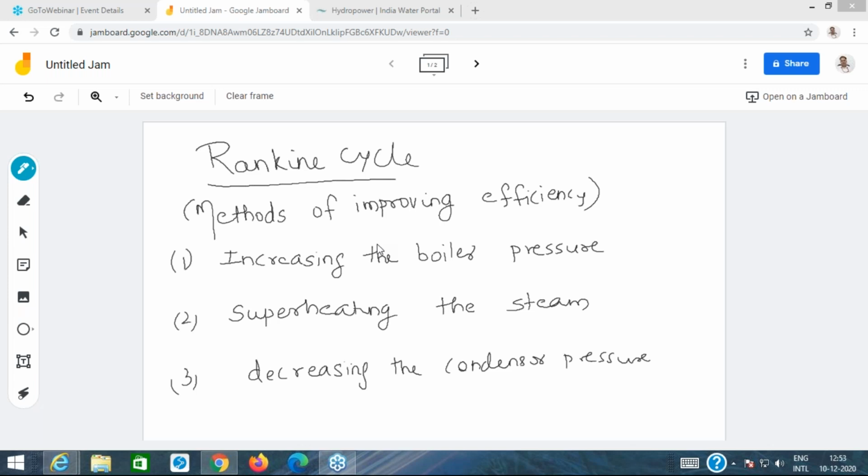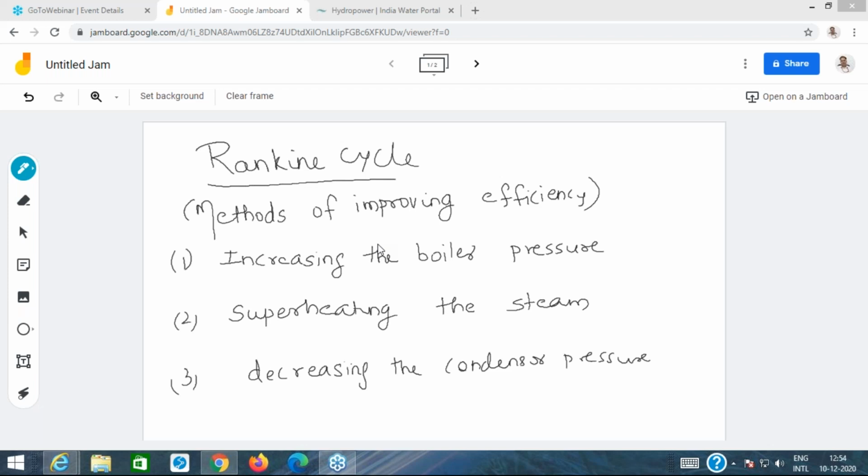If you want to represent it by an equivalent constant temperature, that equivalent constant temperature is called the mean temperature of heat addition. Meaning that if you draw the cycle with the mean temperature of heat addition instead of the varying temperature, it would be a constant temperature line such that the area under that line would be the same as the area under the varying temperature line on the temperature entropy diagram. That is the idea of mean temperature of heat addition.